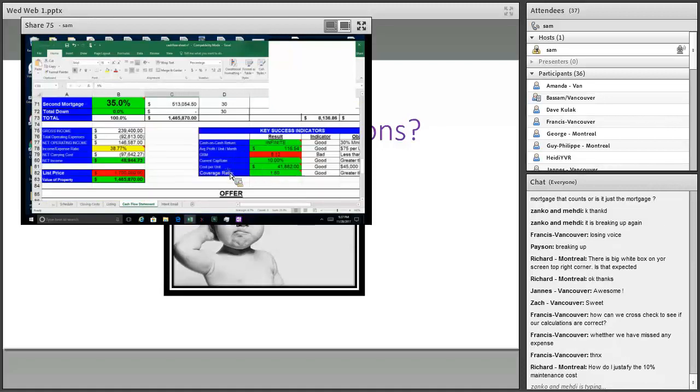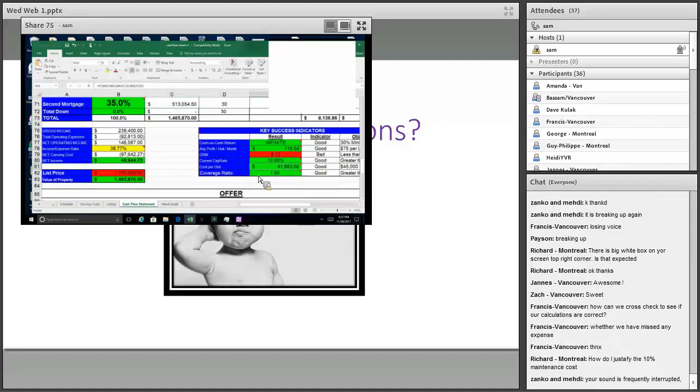Good, excellent. Okay, so when we come down here, we can see that the cost per unit, I said I wouldn't care. It doesn't really matter at this point. Coverage ratio bumps up to 1.5. That's excellent. That means 1.5 times the income covers our financing 1.5 times. So this is very healthy.